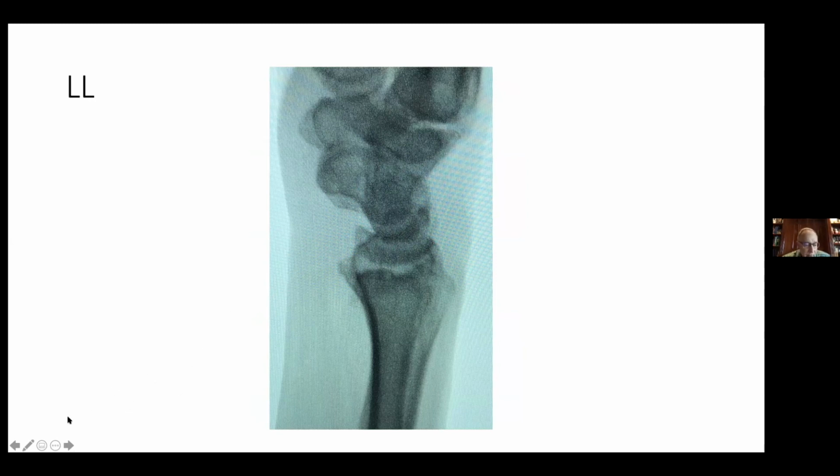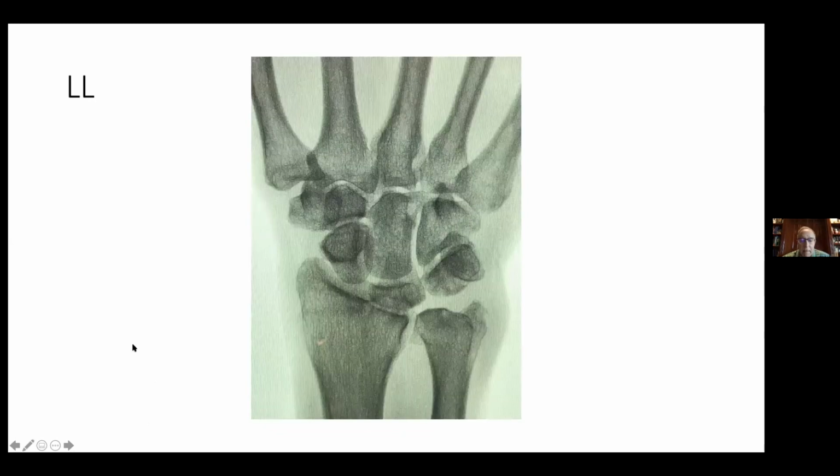Going back now, we have to deal with this degenerative change of the radiolunate joint. This doesn't look too bad here. And we've got this to deal with. So what are your options? Any thoughts? Well, with the instability, I think